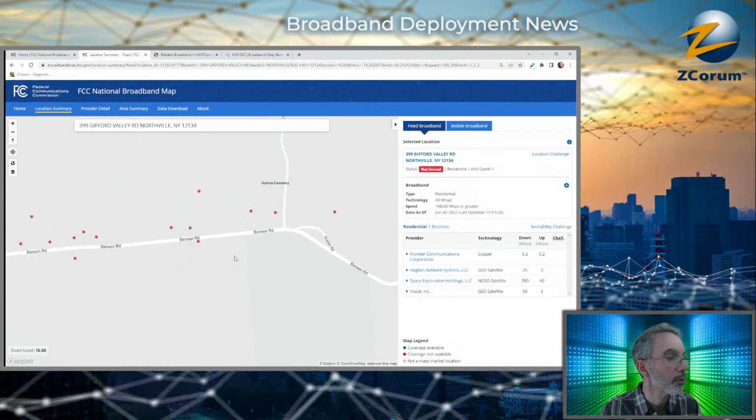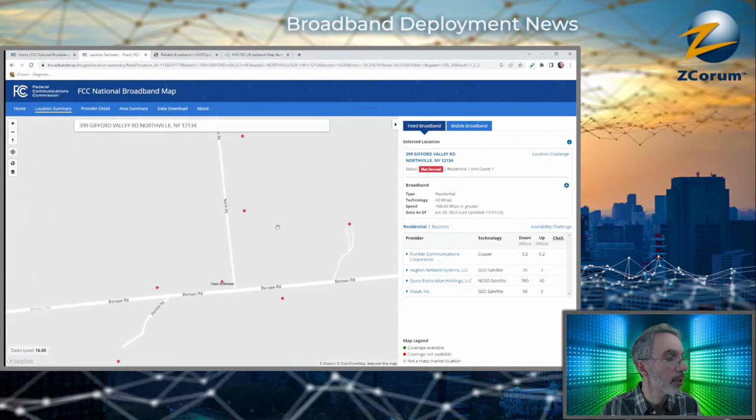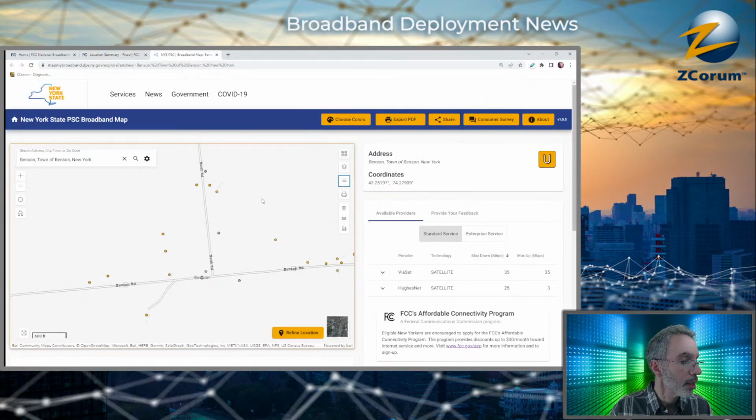So this is, what road is that? That's right where North Road is. So right here, North Road. So again, this is what I'm looking at on the FCC map. And I was comparing it to the New York map because I was mentioning that the New York map, they challenged 31,000 locations. And I have a question as to whether those challenges are appearing on here, because a